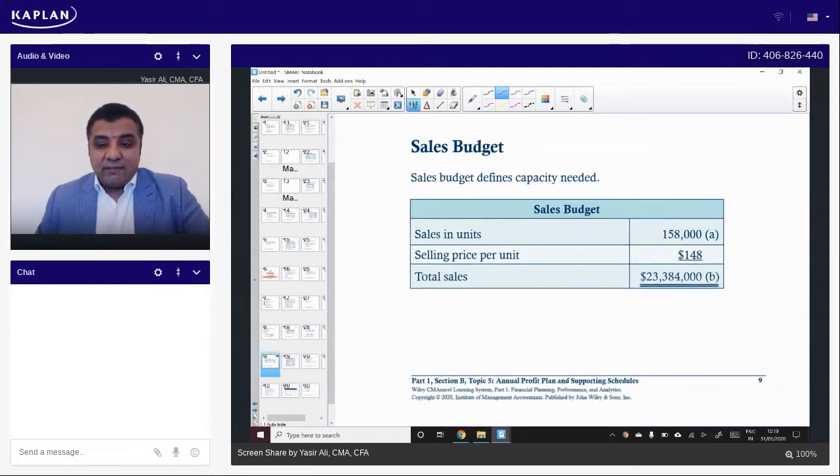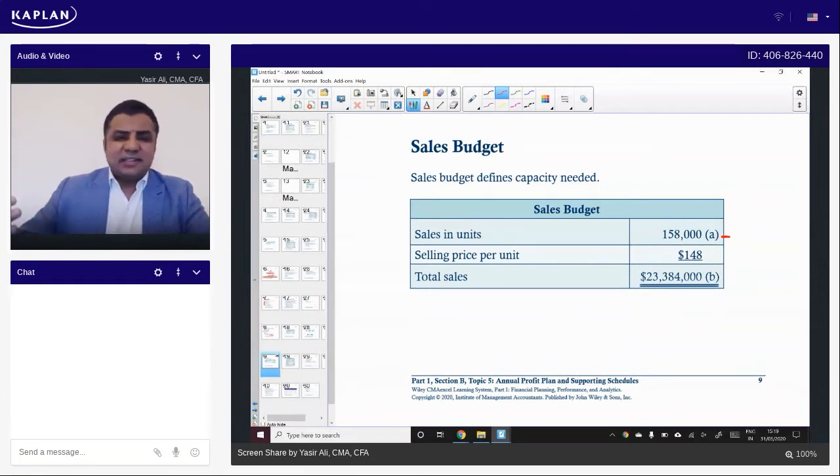So moving on, this is the first number or calculation that we are looking at. We have the sales budget, and we have budgeted sales in units, and this is 158,000. So this is just an example. It can be any number, but it is assumed here that it is the result of very careful consideration, after considering all the factors that impact your sales forecast, political, economic, social, and legal factors, and looking at the historical trend, you have come up with this number. And this A here is just labeling, because we would be throwing so many numbers, right?